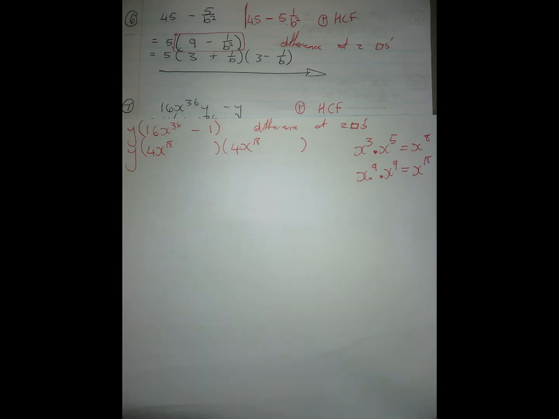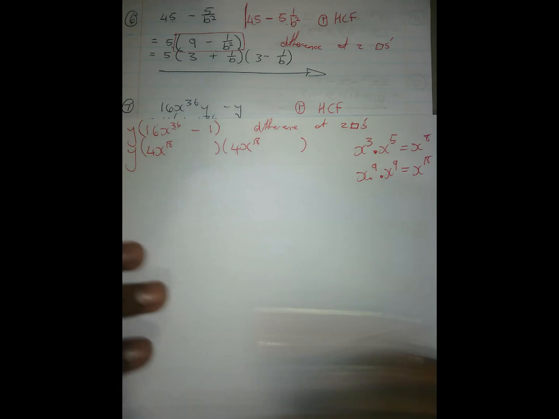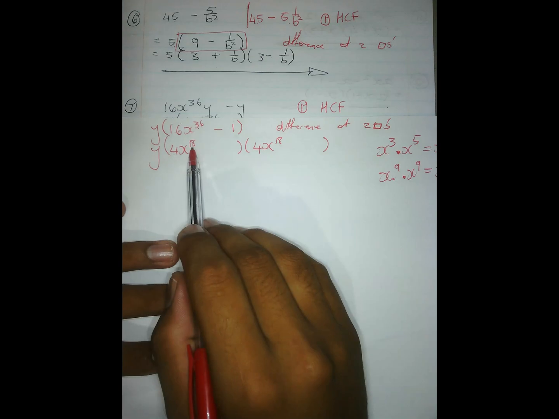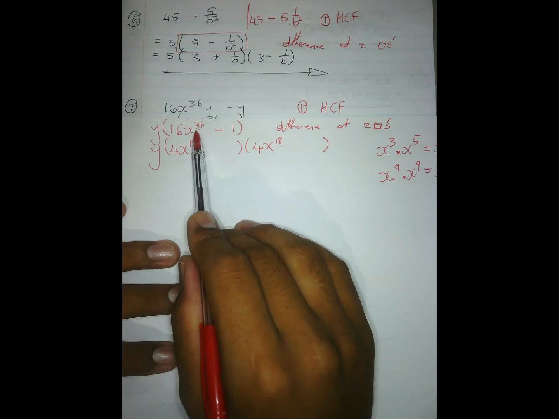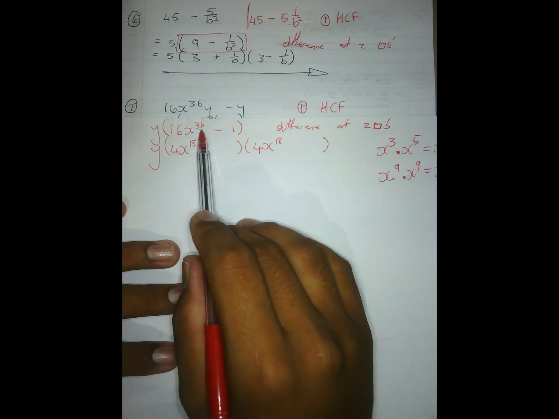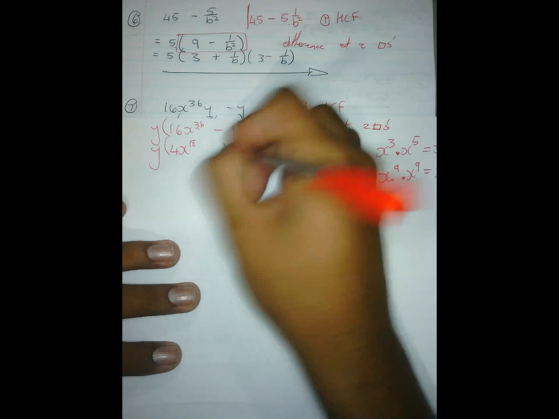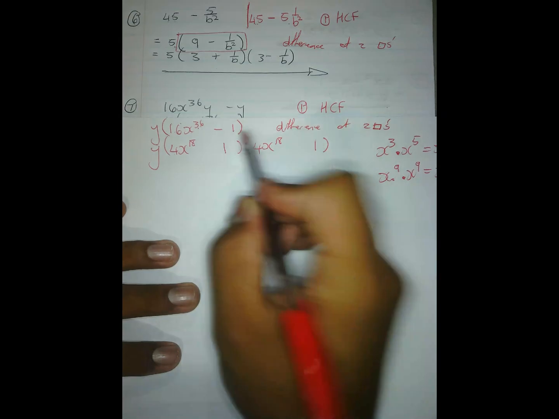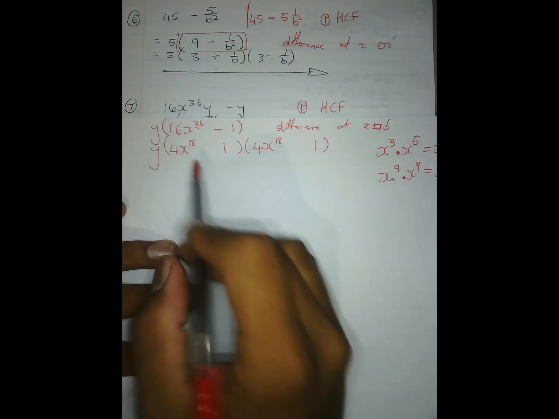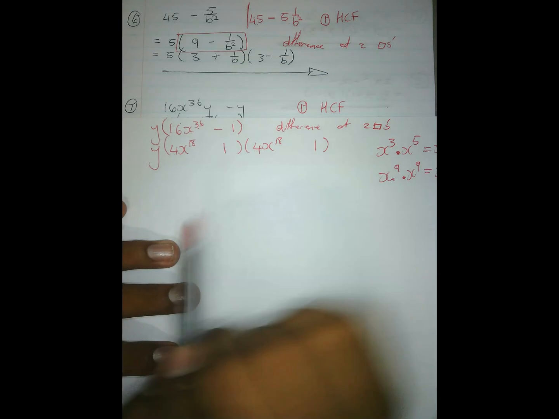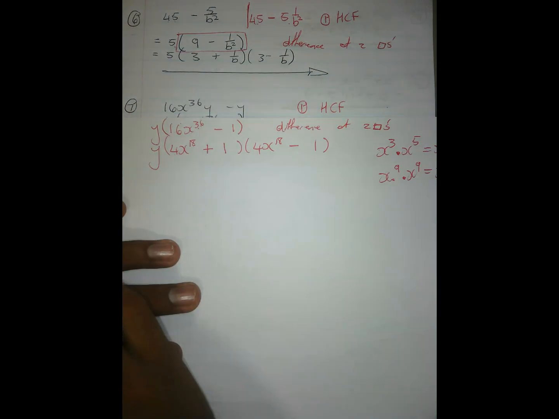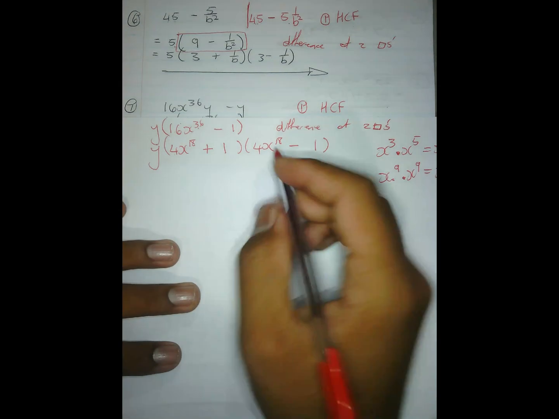So the exponents. That's what's going on over here. 4x to the power of 18 times 4x to the power of 18 gives me 16x to the power of 36. Then very easily the back number will be 1 because there's a 1 over there. 1 times 1 gives me 1. Like I said, the things on the inside of the bracket will be the same, but the signs will be opposite. They're not done yet because I have to notice once again